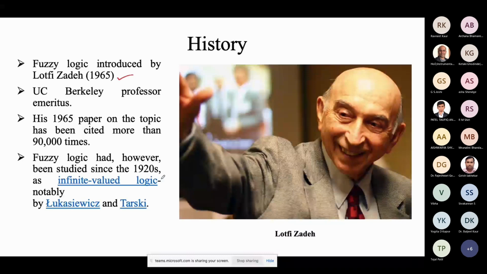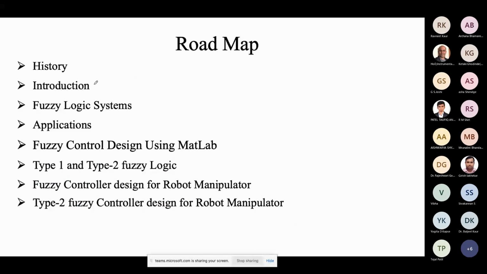This is my roadmap. So I would like to explain history and then introduction, then fuzzy logic, that is type 1, and its application. Type 1 and type 2 applications are more or less similar. Then how we can implement fuzzy in MATLAB, basic introduction, not the detail. And then what are the major differences between type 1 and type 2, then robot application. So first I would like to explain type 1, and then the one paper I have published around 2018 that I'm going to explain with robot application.